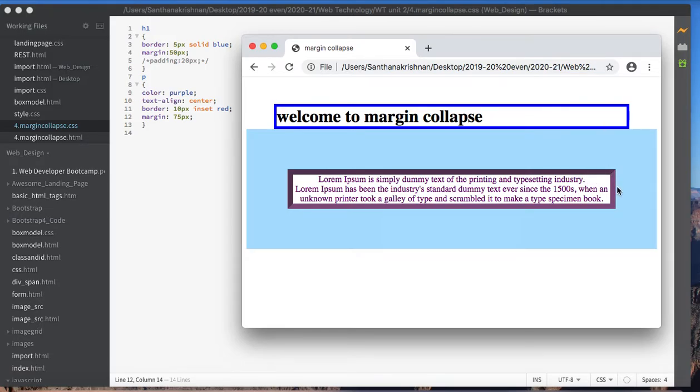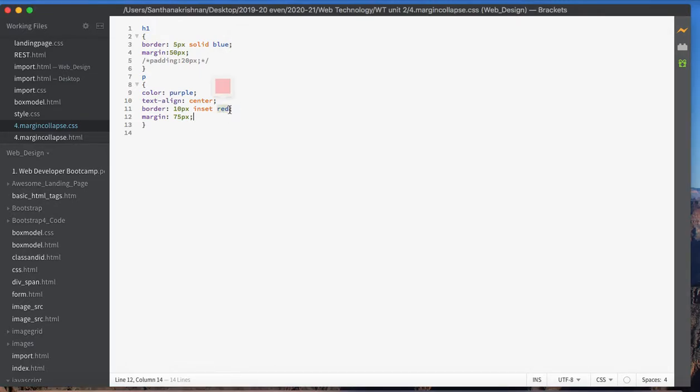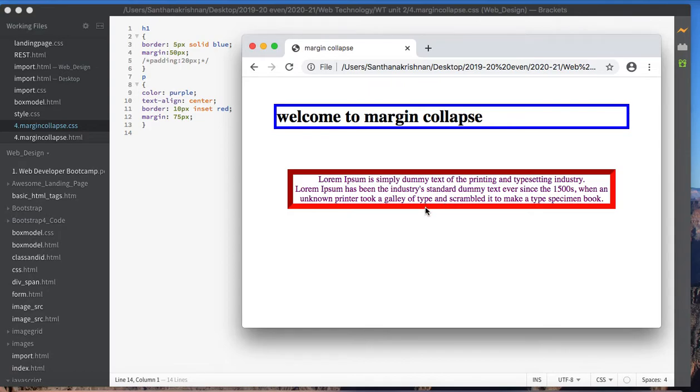This is inset, and inset of red. Is it red? I hope so. Let me change it, yeah, it's red. Okay, now it's right. And margin is 75. 75 means all around here: 75, 75, 75, and 75.